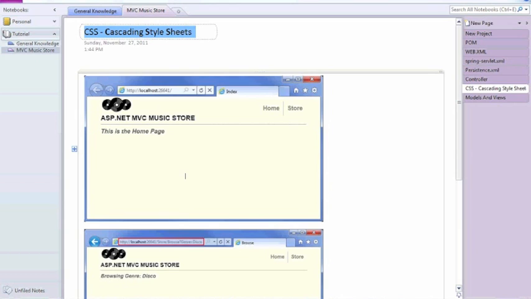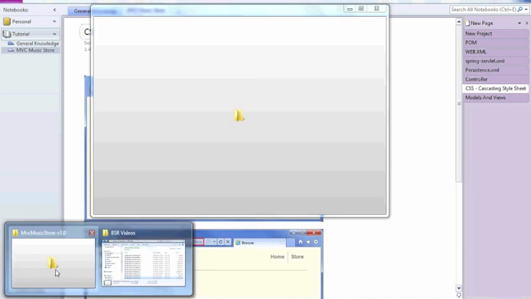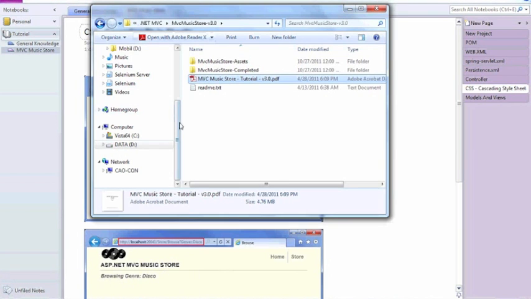So we have to define it in the CSS file. We can create it by ourselves, but fortunately, when we download the package from the website, I mean